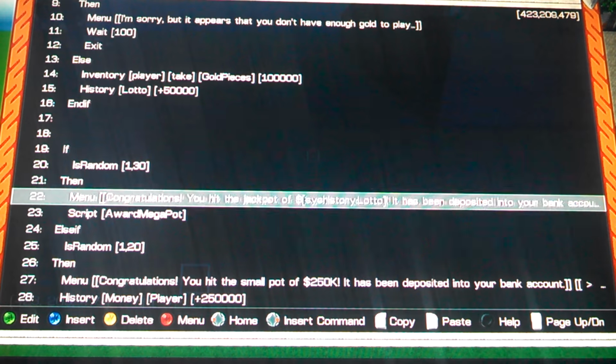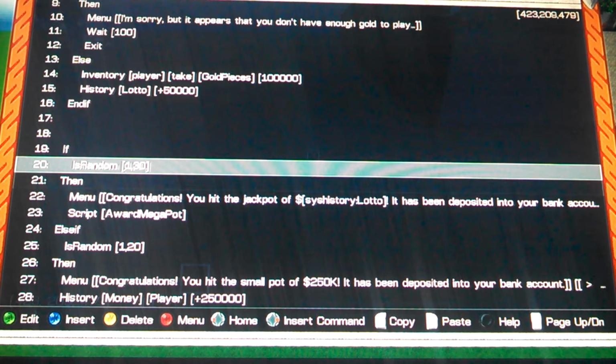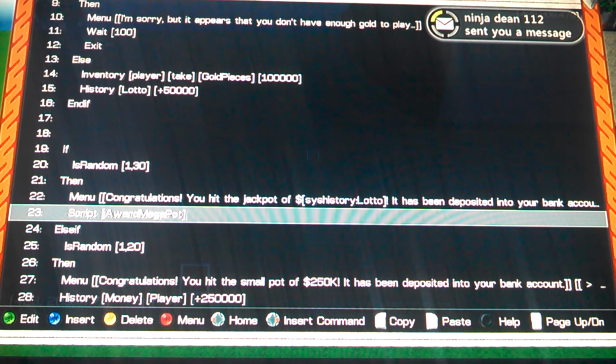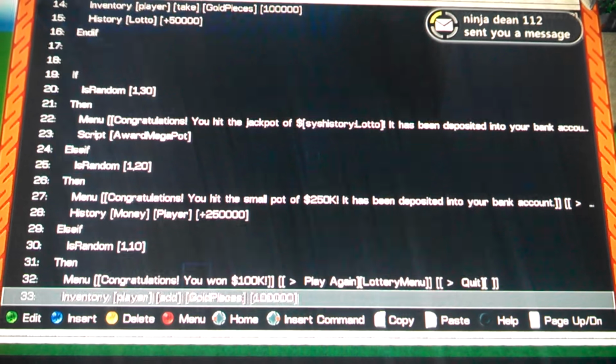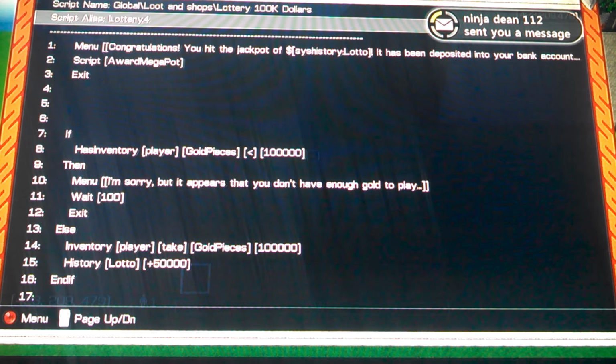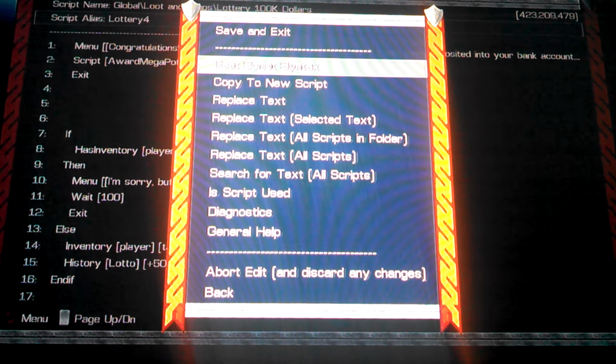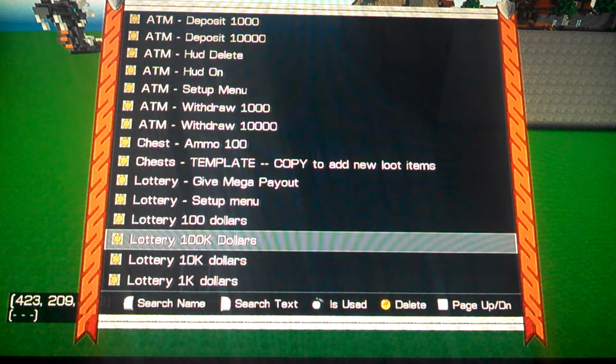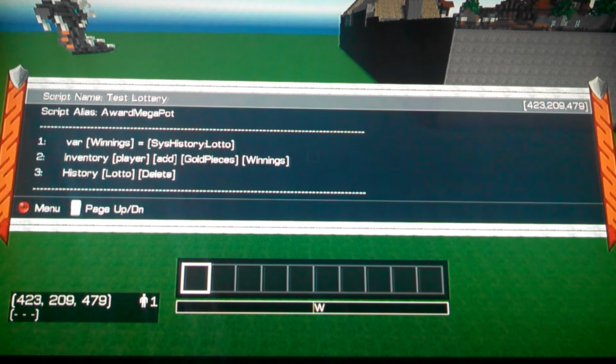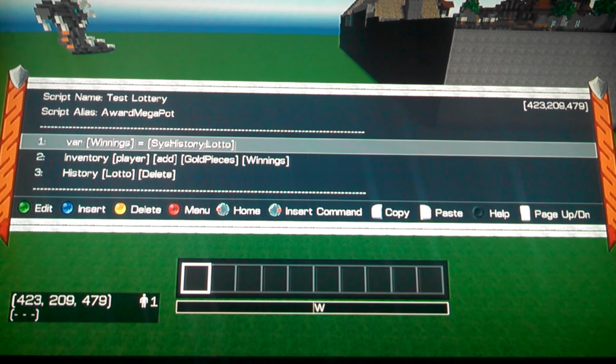Then I check a random number with whatever percentage you want, and then they win, and otherwise they win a small one and stuff like that. So that's kind of how to set up a basic one. I wasn't really going into detail on that, just so you can see what I'm getting at with this. But anyway, what happens is if they hit the winning, which is what I had set up at the beginning as the cheat to make sure it always works,